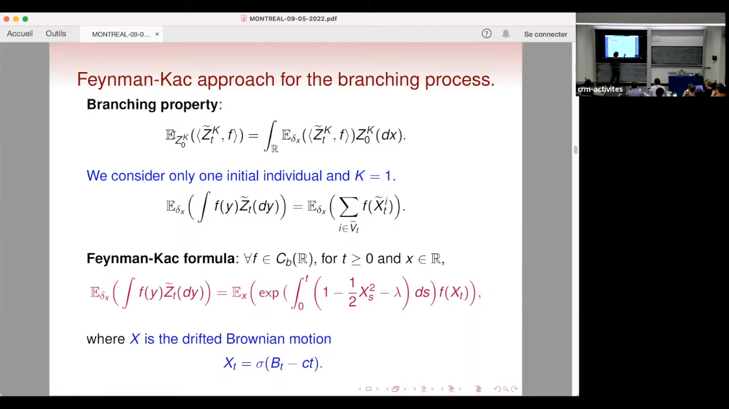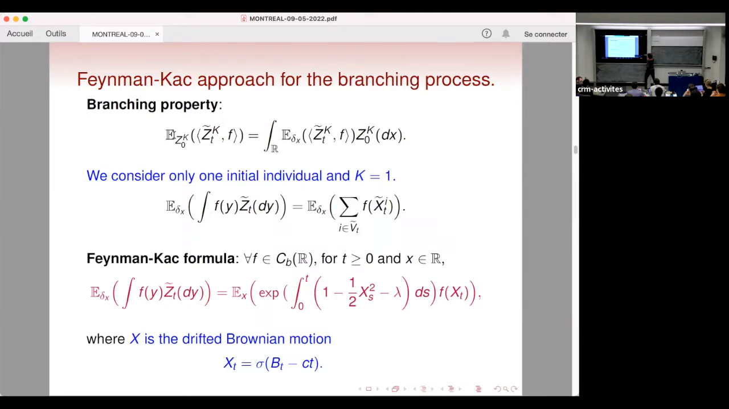Remember, we are in the branching setting, so the nonlinearity is replaced by lambda. One was the birth rate, and x squared over 2 was the individual death rate. Okay. So there are many proofs of that, but if you want a proof between probability and PDE, that you can